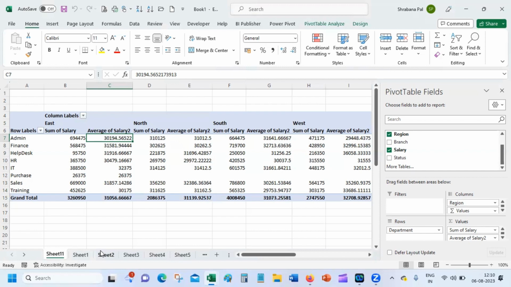Everybody done? Anyone, any question? Sir, if I want to do this average zone wise? Zone means region. Yes, region. Suppose there are admin salary, like the sum of salary for admin is 694475. So what is the average? This is the average. So you got it already. The average per zone is also good. Yes. Total average is